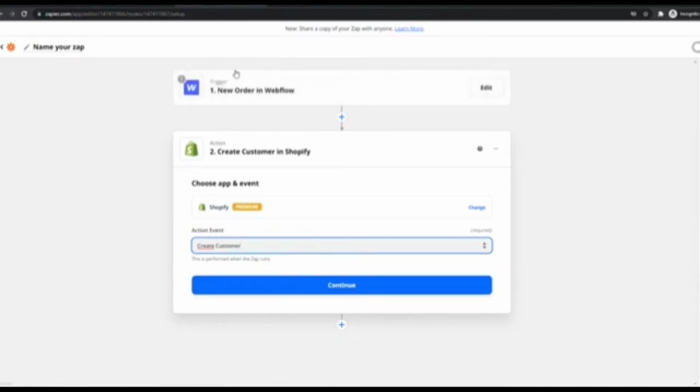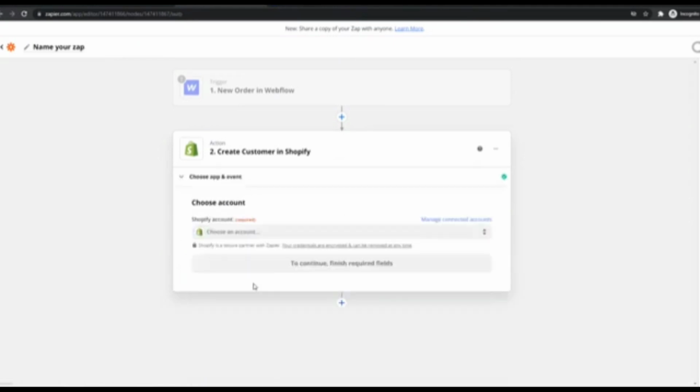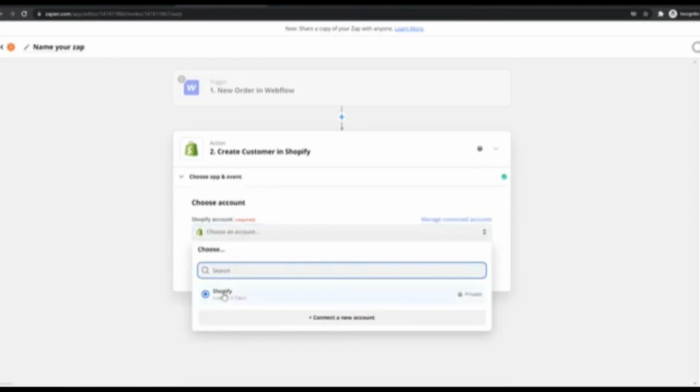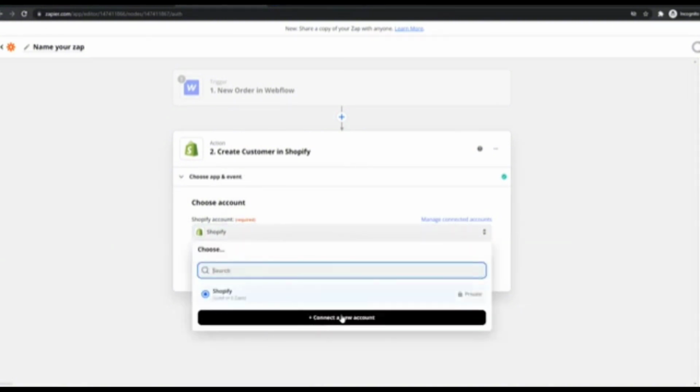So we can choose our account. I've already linked my Shopify account. If you have not, just hit connect, new account, and sign up with Shopify. It's really easy. Then you can hit continue, and what we can do then, we can basically fill in all the information, and this is basically your personal preference like marketing, tax, and all this stuff, and then we can set the